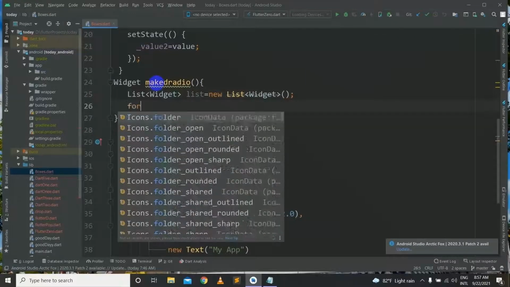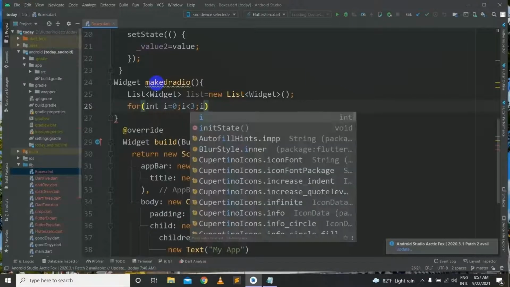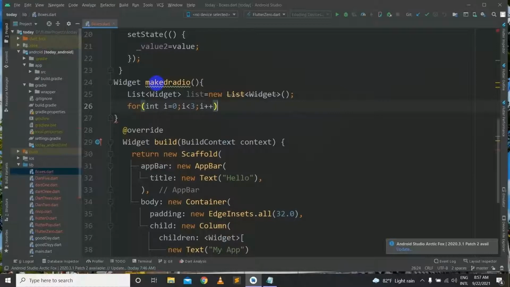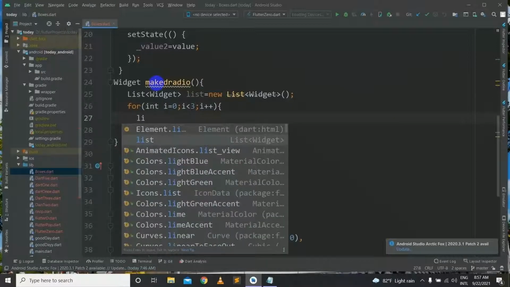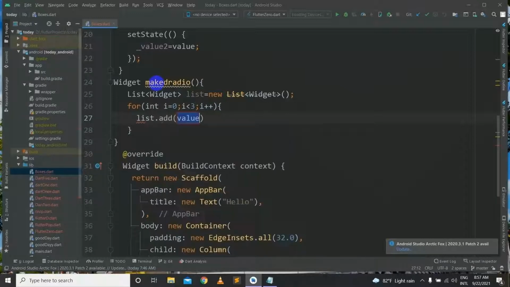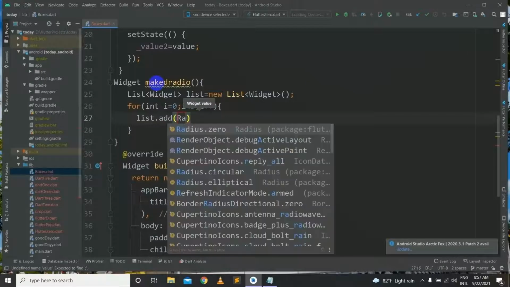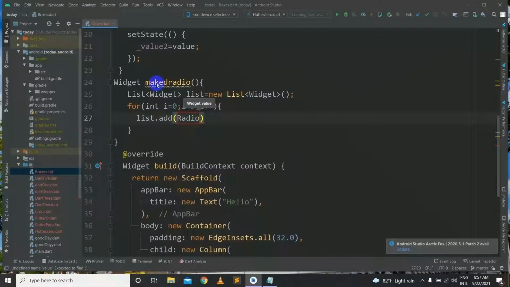And next we will have a for loop where there is an int i which is equal to 0, and we will check if i is less than 3, and we will iterate i. Inside it we will add some values to our list by using the add function. list.add Radio, we will add the radio now.